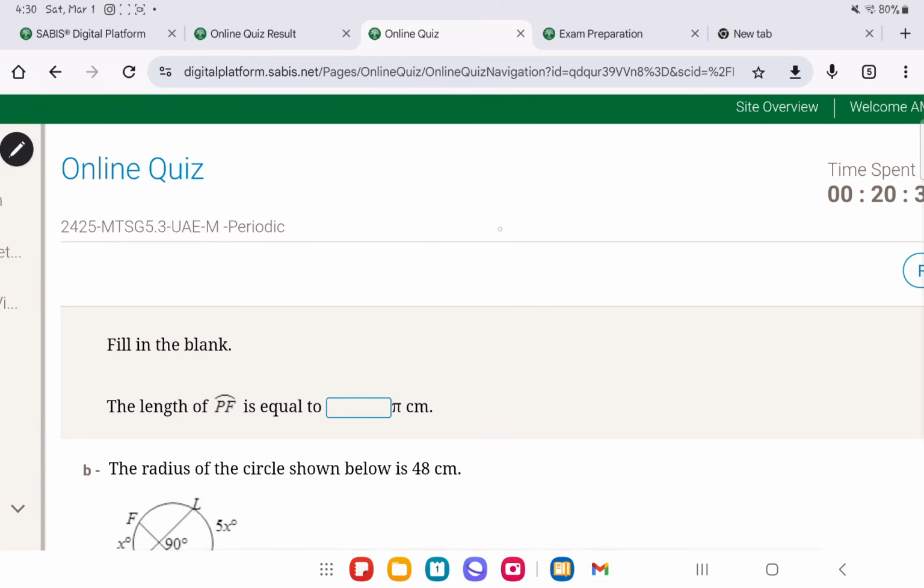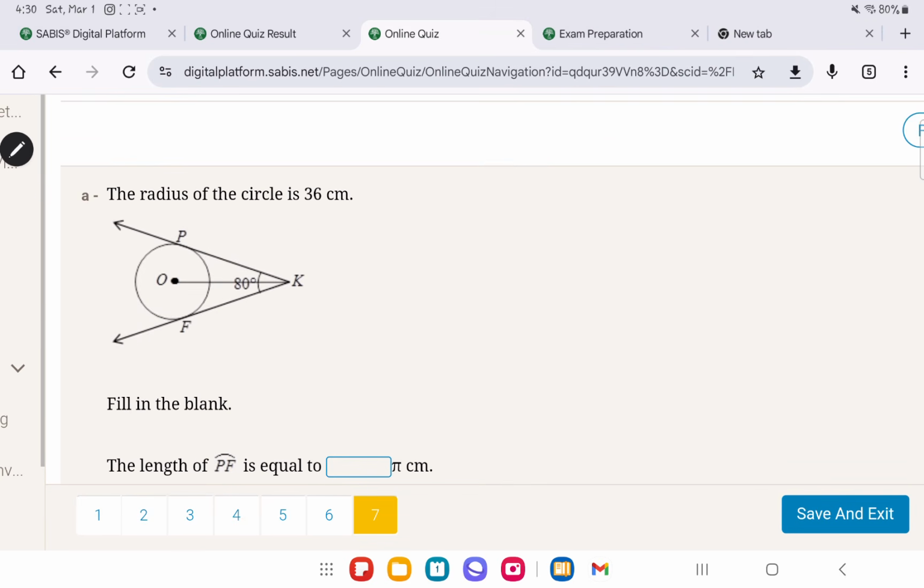Now, for this question, which is question number 7, the radius of the circle is 36 centimeters. So you know that this radius is also 36 centimeters. We know that these are radii and these are tangents. The radii with tangents are going to be perpendicular. So we are left with this angle over here. To find it, it's going to be 180 degrees minus 80 degrees, and you are going to get